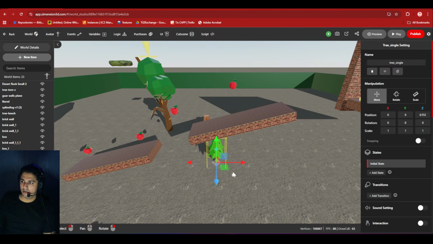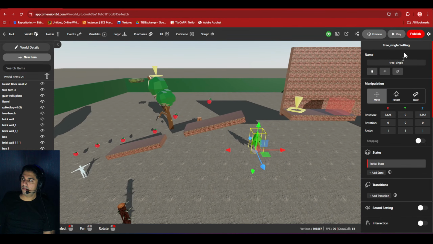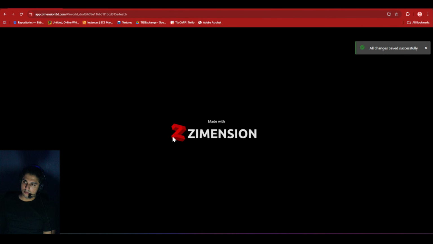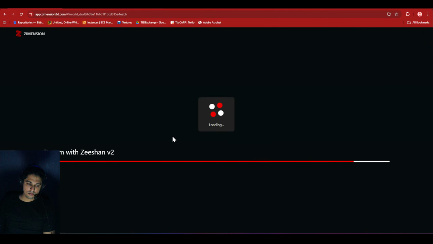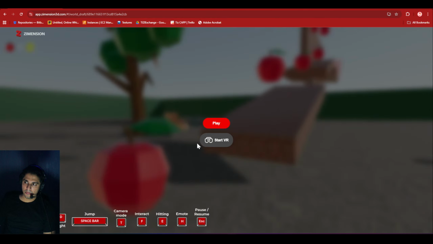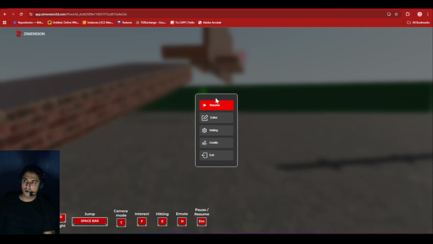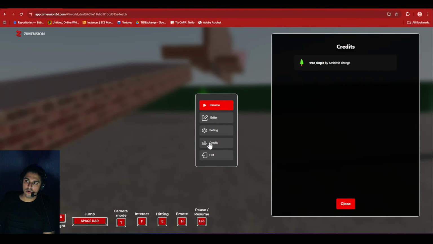Okay, since I've added this tree, if I play, and if I pause by pressing escape, and I go to credits, you see, this is the power. Tree, name of the item, and by the author itself.